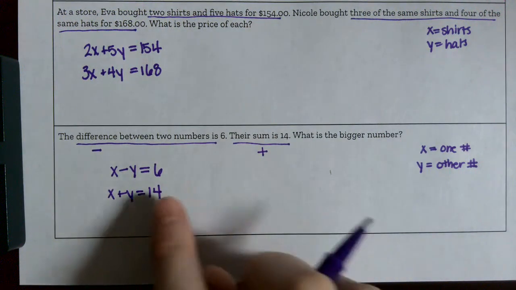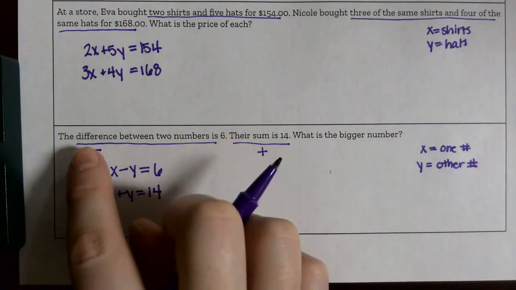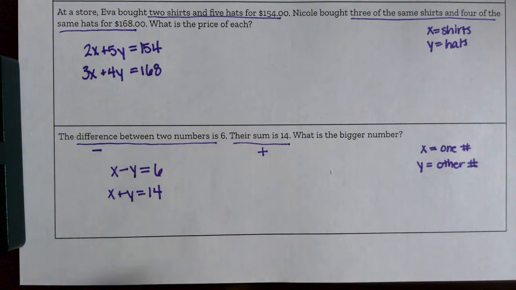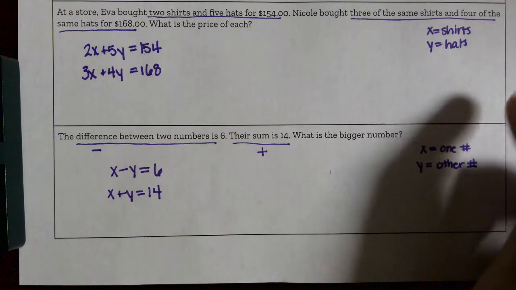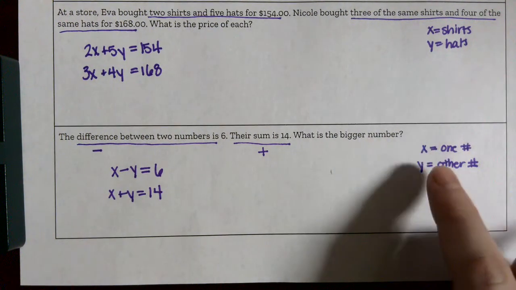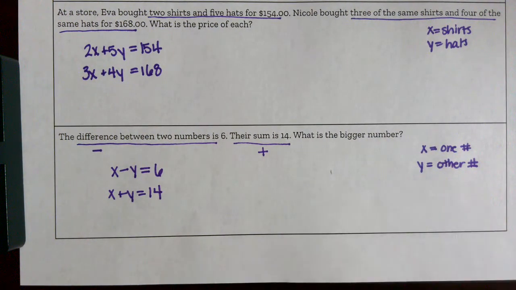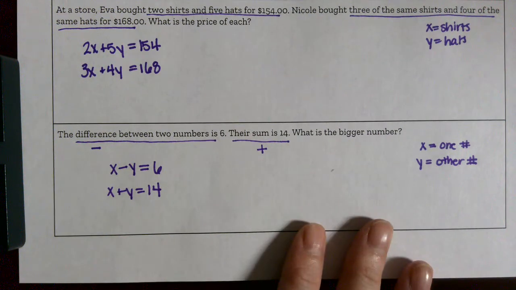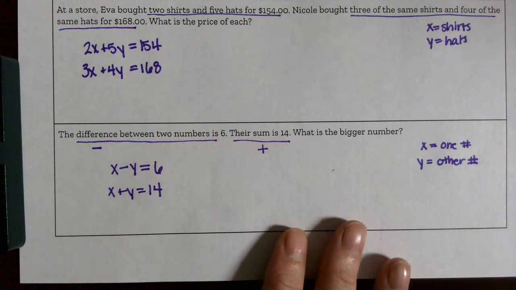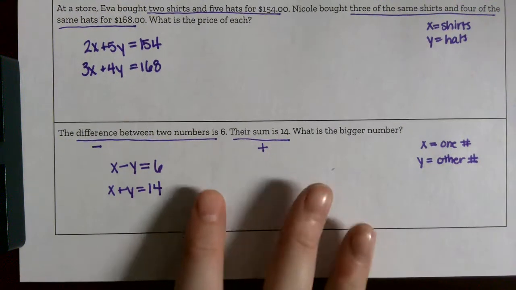And now you can go ahead and solve them. So it's just making sure that you know what our math vocab words are. And then the fact that our variables are a little weird because they're not something specific like shirts or hats. It's just X is a number and Y is the other. Okay. Wonderful. So this is what 1.3.6 is adding to solving, is being able to take our information from a real world